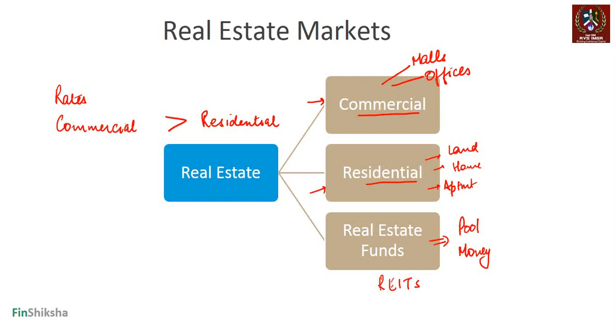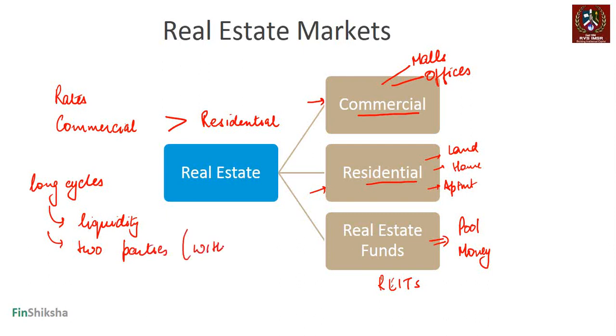Now, real estate markets globally have long cycles. When we say long cycles, these are very different kinds of markets where there is no real marketplace, right? So there is a problem in terms of liquidity, because the transaction is between two parties without the involvement of an exchange, right? Because there is no exchange, whatever price one party is willing to pay to the other party is basically the price at which real estate transactions take place, right?